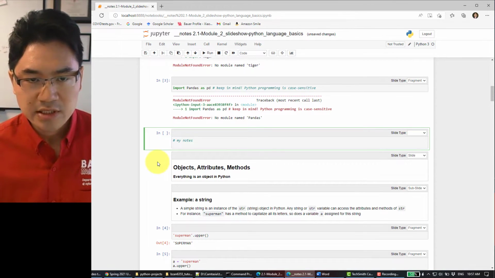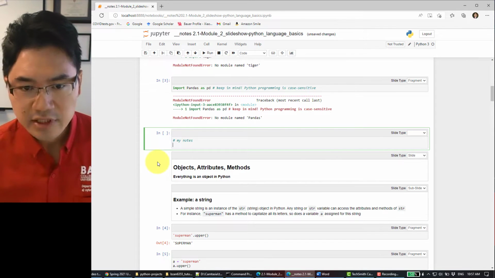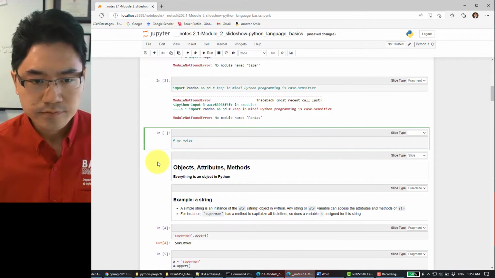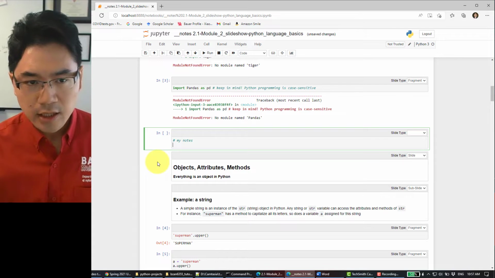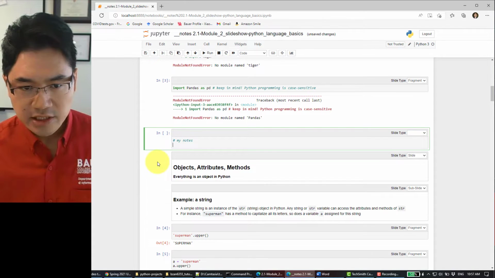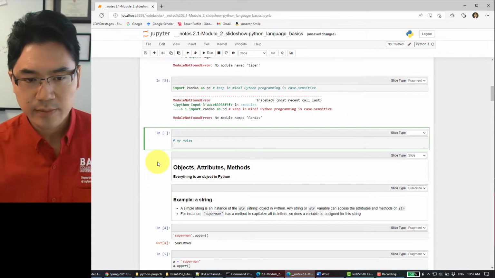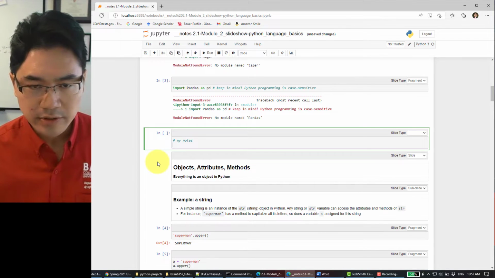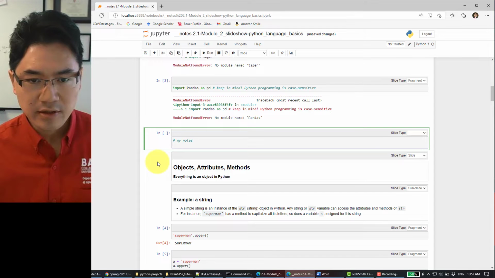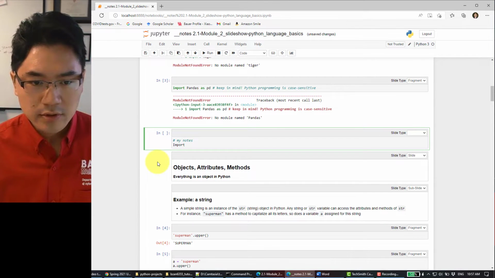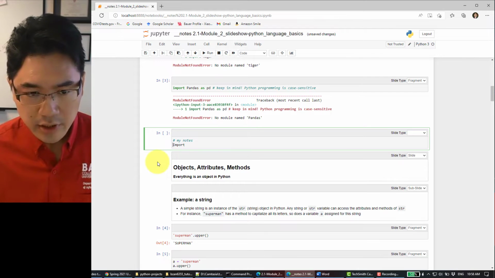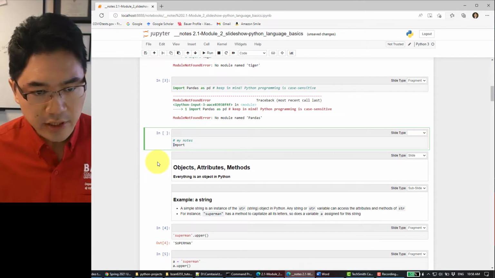And doing this is extremely helpful, especially for beginner learners, to kind of understand the territories and understand the boundaries of what's good and what's not good, the do's and don'ts of the Python programming. So if I were to have a typo here, either capital letter import,